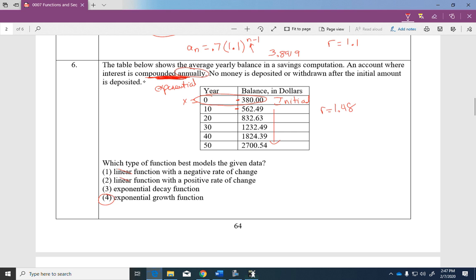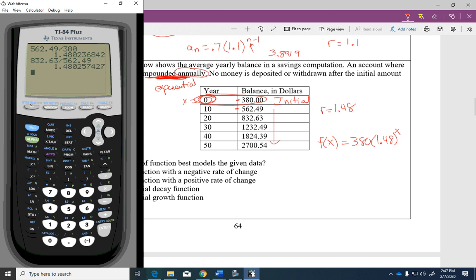We already said that this 380 was the initial amount. So I can write my function, I'll call it f of x, equals 380 times 1.48 to the x. This one doesn't have an x minus 1 because I know the 0 term. You can verify whether you need an x minus 1 or not by using your calculator, going to your y equals, and entering what you think the function is. So does y equal 380 times 1.48